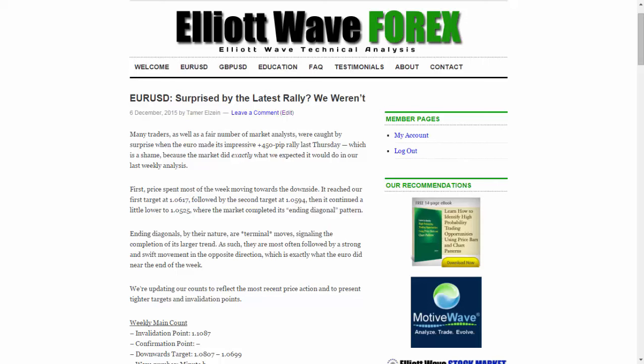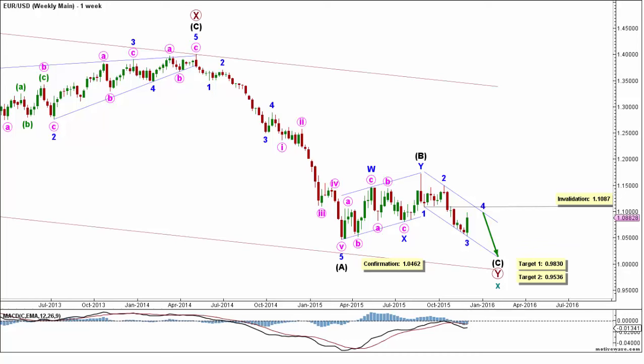We're updating our accounts to reflect the most recent price action and to present tighter targets and invalidation points. So beginning as usual with the big picture on the weekly chart, the euro is moving towards the downside in cycle wave X, which is forming a double zigzag labeled primary waves W, X, and Y. Primary wave Y is forming a zigzag labeled intermediate waves A, B, and C,